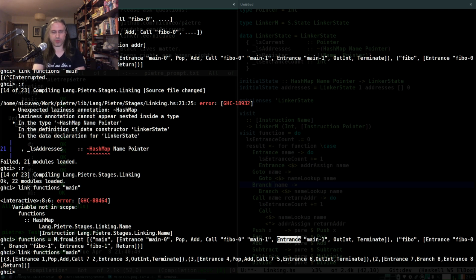I don't know. Are there cases where I would like to have a function call not followed by an entrance back into the function? No, I don't think there is. I think I always want to have that. But do I want to separate? I think it's fine that way. Yeah, we can always decide later. But as a result, yes, there was one entrance, one call, one main, so 3 is correct.